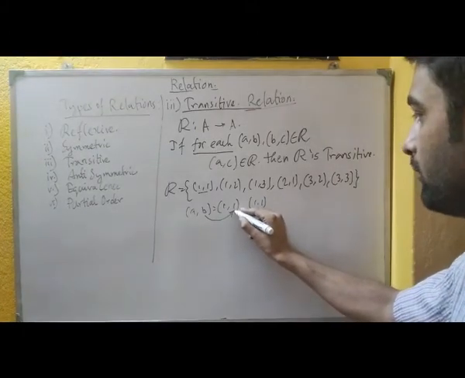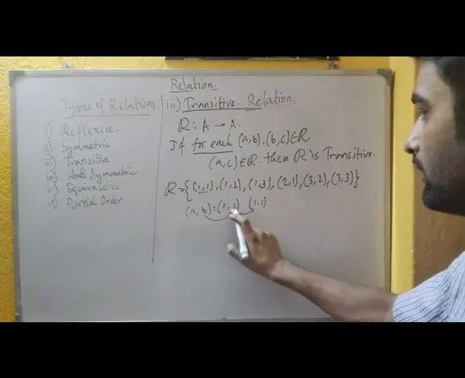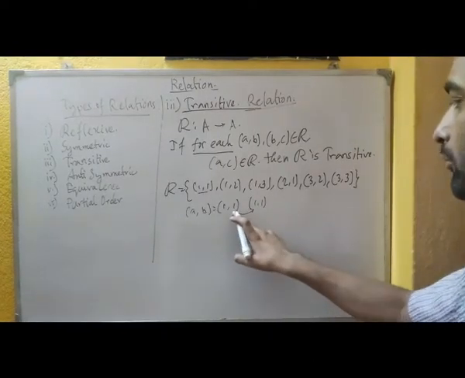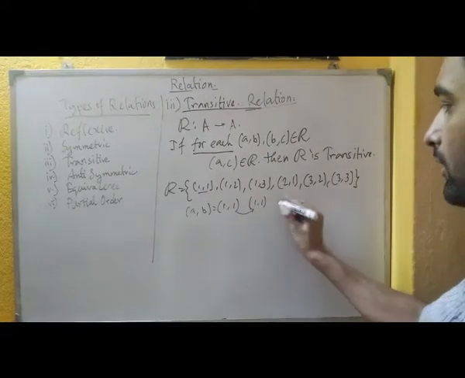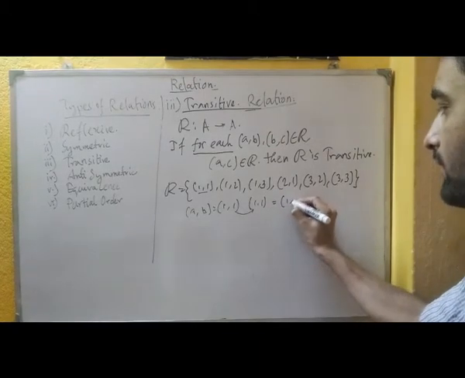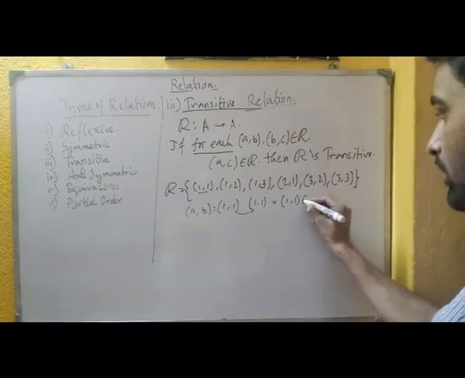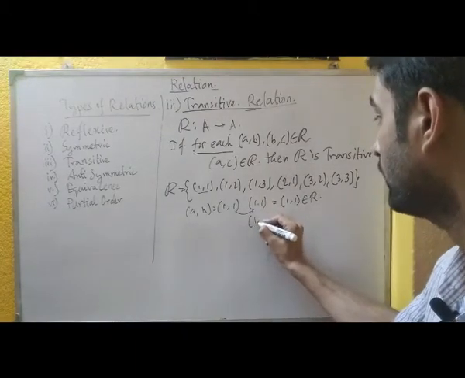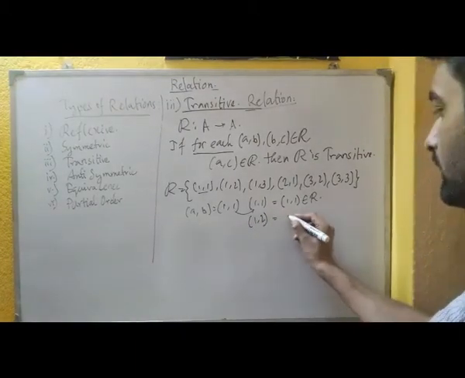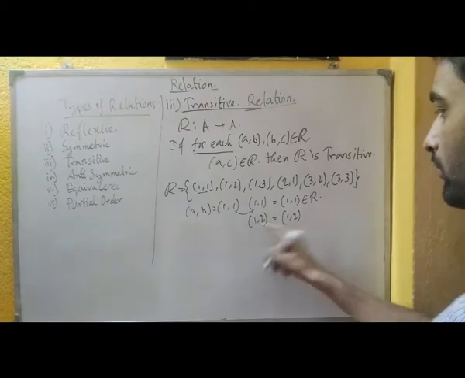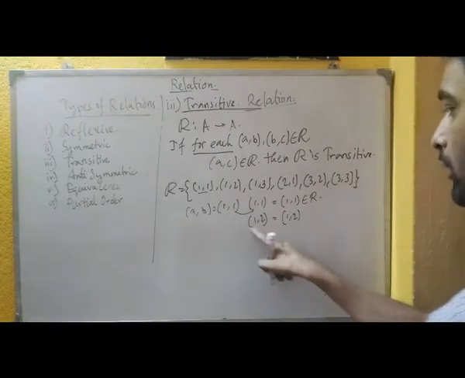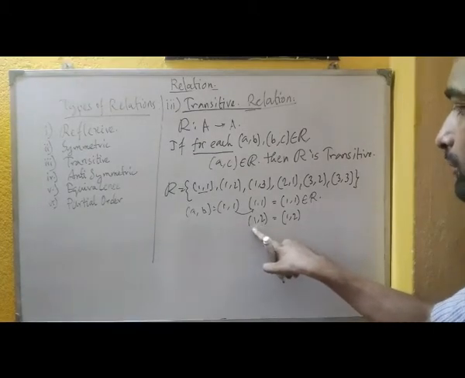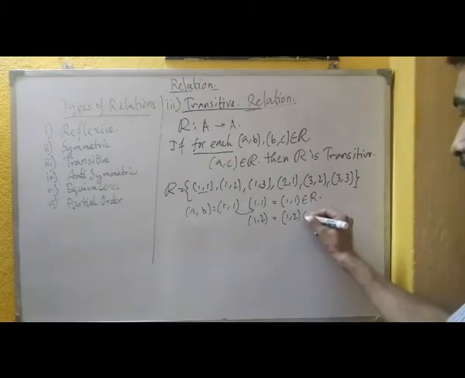So then AB and BC, then B and 1 are the same here. So this will give AC, that is (1,1). It belongs to R. So if you take here (1,2), then C, you will get again (1,2), because (1,1) and (1,2), then the element AC becomes (1,2). So this will belong to R.